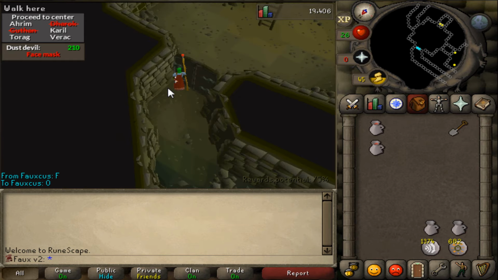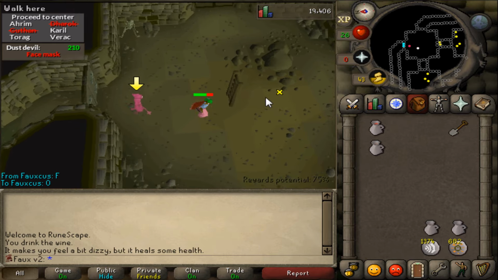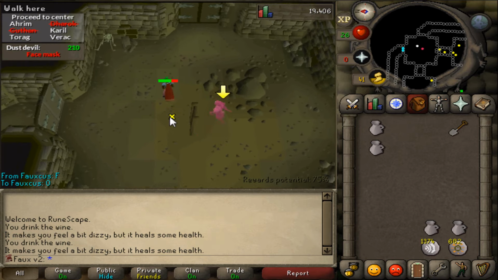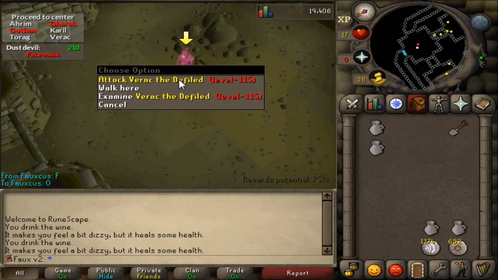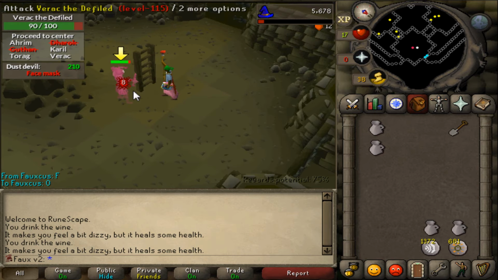Now, when I got Verac, I did panic a little bit. I didn't know exactly where the safe square was on the other side of the ladder, and because of this rock formation in the northeastern corner, you actually can't click 2 or 3 steps south of the ladder. You have to do just 1 step south, and I didn't know exactly where it was. So I panicked a bit, but I was able to tank it out, though I don't have food anymore. So what I'm going to do on this kill is just finish off Verac, and I'm going to tele out,